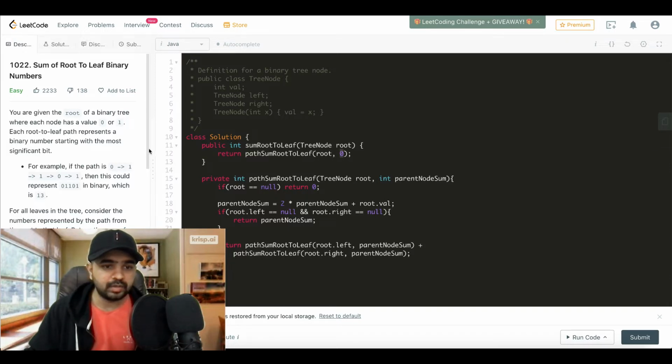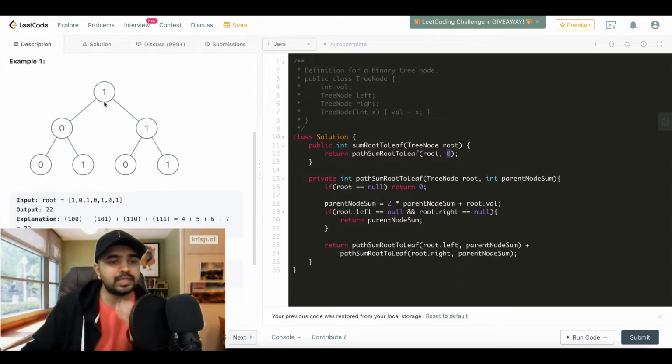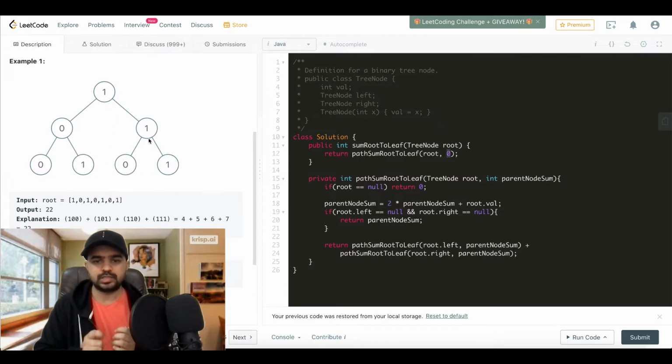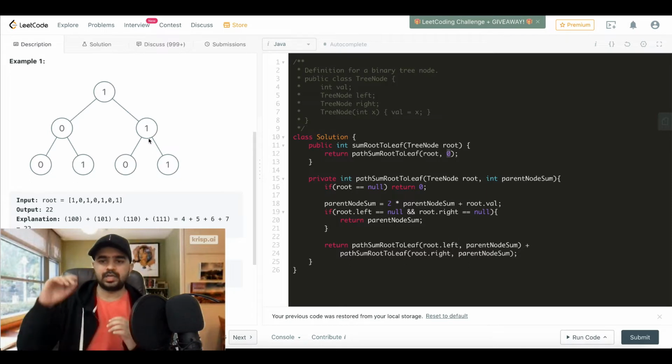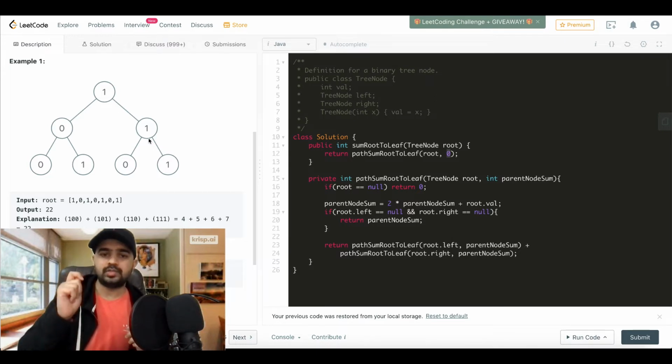So if I go back to this example, let's say I'm at any position in this tree, let's say I am at this 0. I need to know what the sum was before me, so what is the parent node sum, so that I can add my value to it. So if we have to think in terms of integers, let's say till my parent the sum was 23 and my value is 4. Remember, this tree is a binary tree. For simplicity, I'm giving you an example in terms of integers. So my parent node sum is 23.